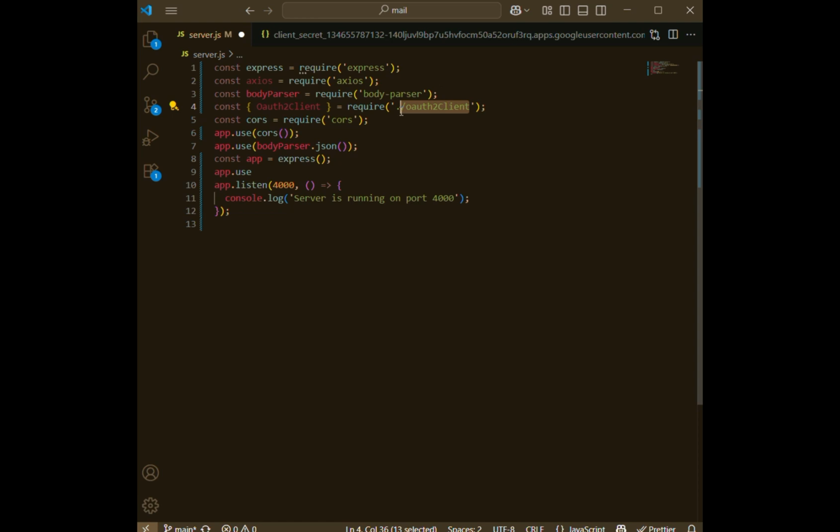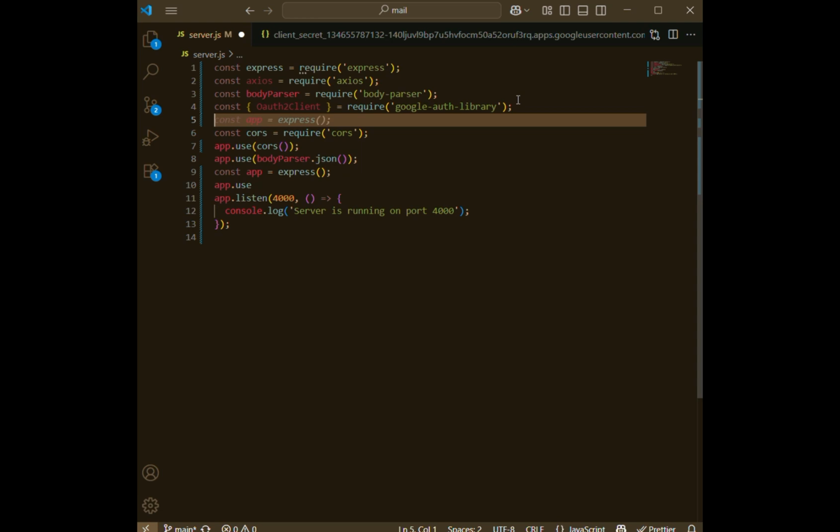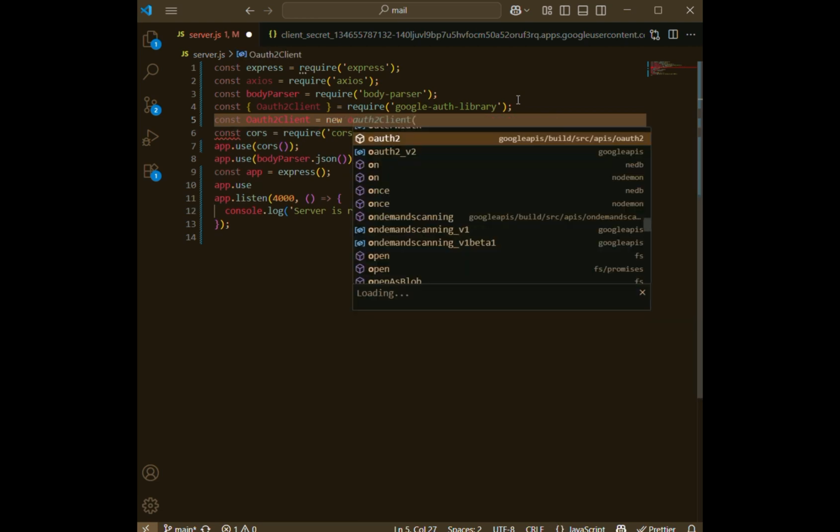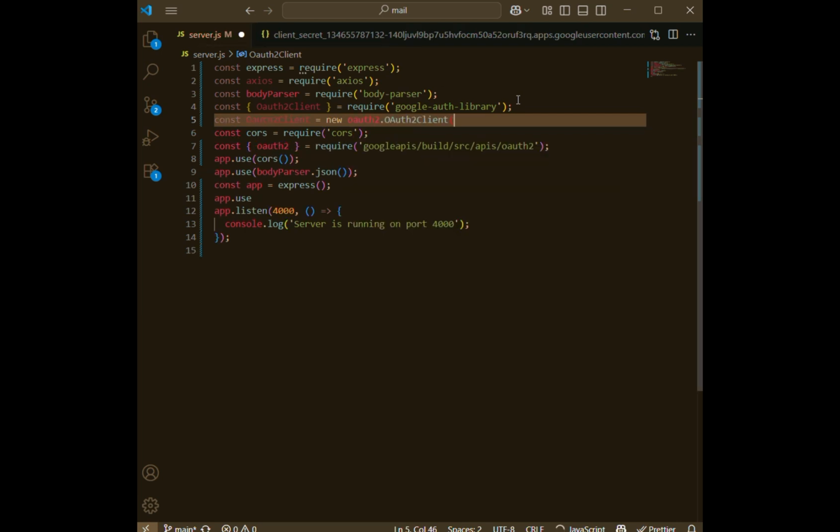Require library, and const. So this is everything we're needing